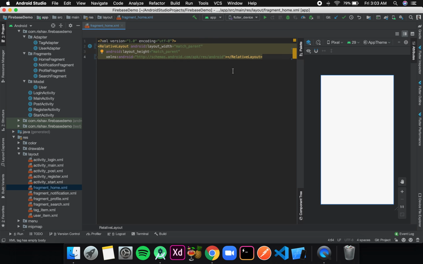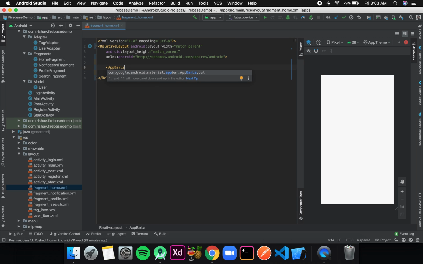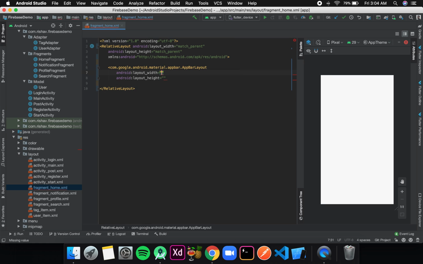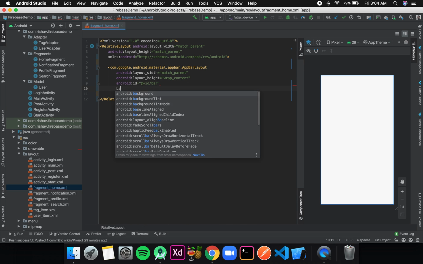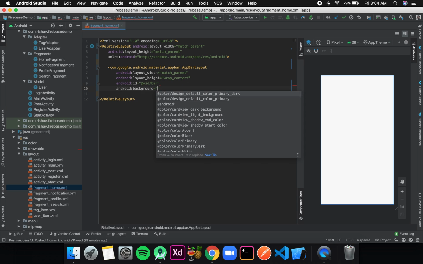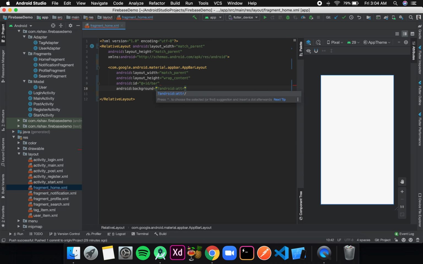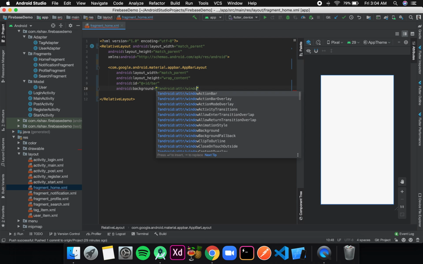Okay, and then inside this relative layout I'll have an app bar layout, and that will have a width of match parent and height of wrap content. It will have an ID bar and it will have a background as question mark android:attr as an attribute, and then windowBackground,